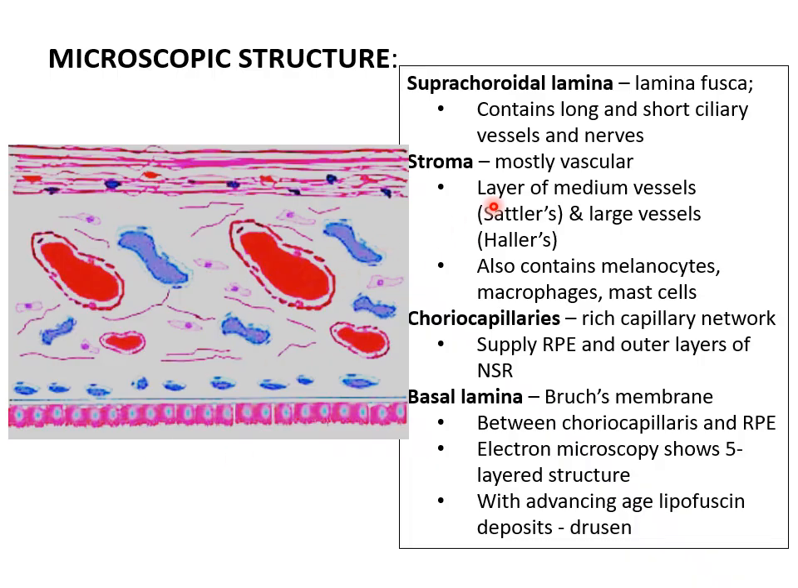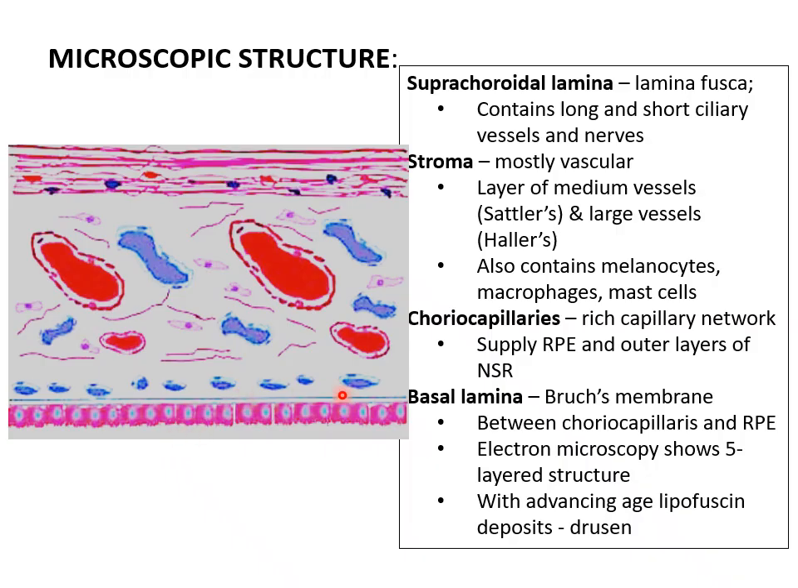Then comes the stroma, which we know is made up of blood vessels mostly. So there is a layer of large vessels. Then there is a layer of medium vessels, the Sattler and the Haller's layer. And finally, there is a layer of choriocapillaries. These little blue vessels that you see over here, these are the smallest and they are the choriocapillaries. It is a very rich capillary network which supplies the RPE. This is the RPE. So it supplies the RPE and the outer layers of the neurosensory retina until the outer